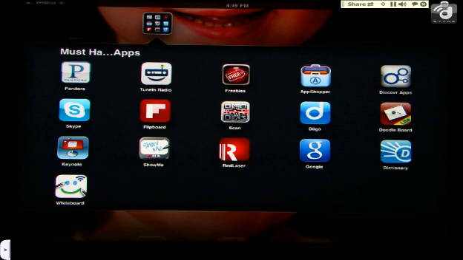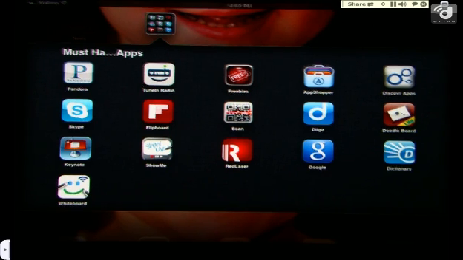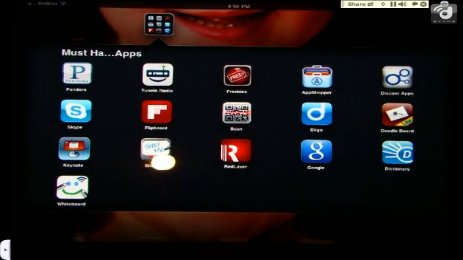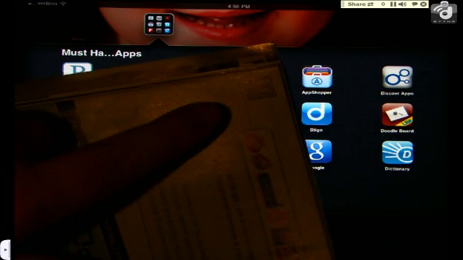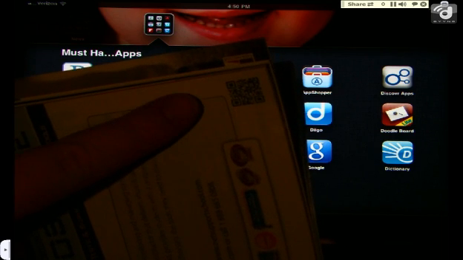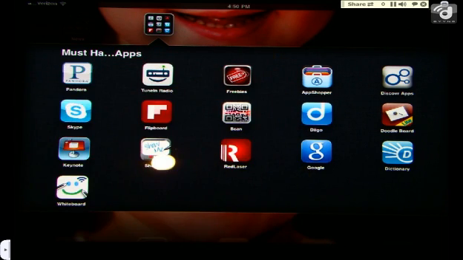Next one I'm going to show you here is QR code, QR scanner. And so if you ever get a chance to flip through a magazine, and sometimes you get a chance to see some of those QR codes. For instance, just looking at a magazine here, and I'm going to flip this light on, and you can see in the corner here this QR code. It's kind of difficult to see, but there's a QR code, and so what I'm going to do is I need something to scan that QR code,